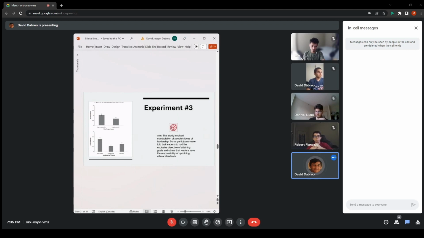And so some people were told that they were part of a for-profit company, and others were told that they were part of a non-profit organization. Other people were also told that leadership had the exclusive objective of attaining certain goals. And other people were also told that leaders had to uphold certain ethical standards. As you can see in the results,